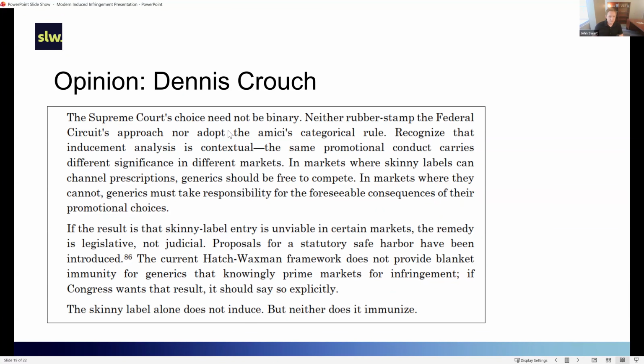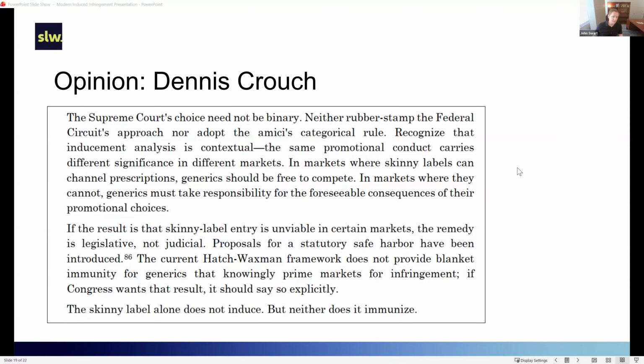I don't know that Dennis Crouch feels squarely in favor of the generic or the brand name, but I think his pushback is that if the circumstances are effectively set up, the fact pattern I was talking about earlier, where the doctor and the pharmacist don't even see the Section 8 carve-outs or aren't aware of them, or possibly the pharmacists are forced to substitute generic drugs by some other law or jurisdictional statute,